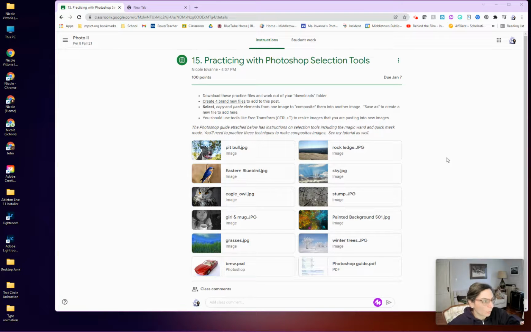All right, so this is going to be a short tutorial on practicing with Photoshop selection tools. In this assignment, I've given you some sample pictures to work with. You could certainly do a Google search to find any other images that you want to use, or work with some pictures that you've taken during the semester. But I'm directing you here to download these practice files, and you can just work right out of your downloads file. That would be fine, but certainly you can put these in a specific folder if you wish to have